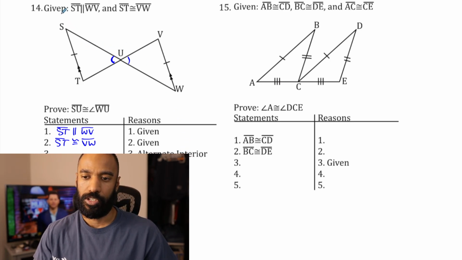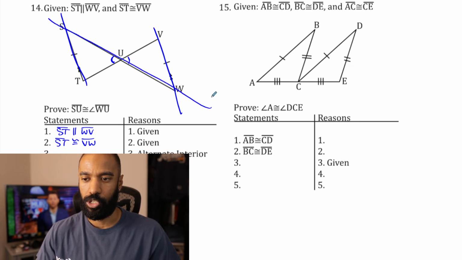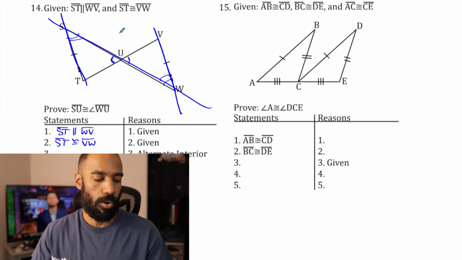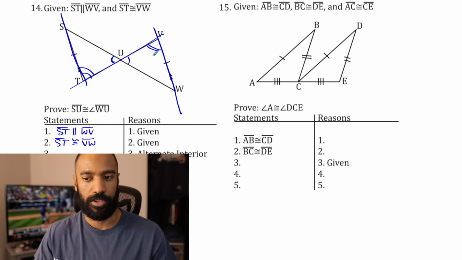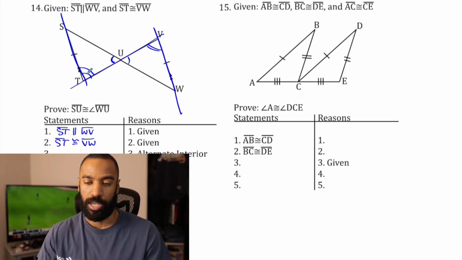Would you rather, because these are your two parallel lines. We have two different sets of transversals. We either have this transversal to call these two angles congruent, or we can call these ones congruent here by that transversal. It doesn't matter. And since this is the last one I haven't erased, I'm just going to use these ones